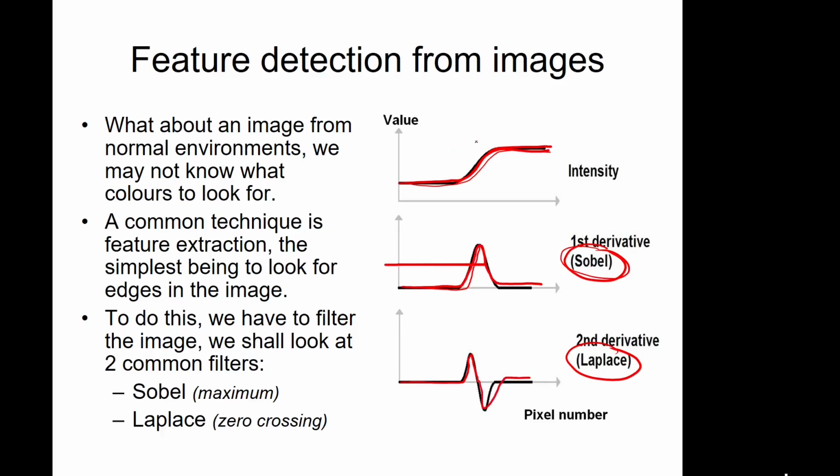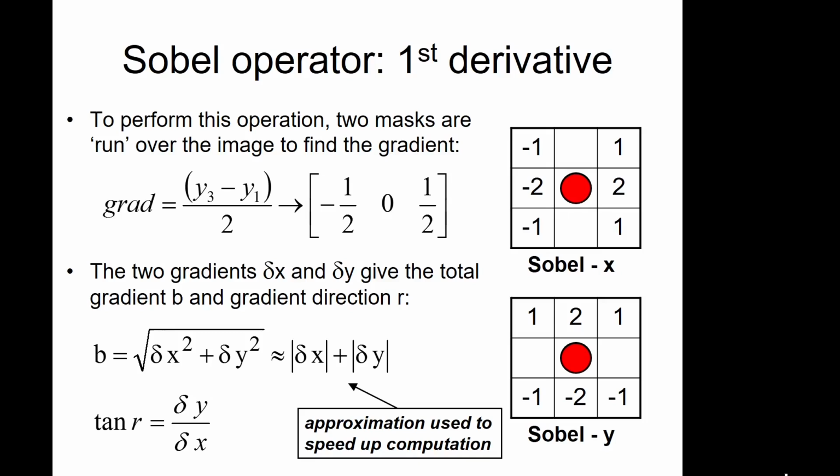So the edge of the window in the intensity image is a change in intensity. In the Sobel filter, it's the maximum of the Sobel filter. In the Laplace, it's the 0 crossing point. So these filters have identified where the edges are of our objects. In order to apply these filters, it's just essentially running one matrix over another matrix, multiplying them out and adding them up. So to give you an idea of where these matrices come from,